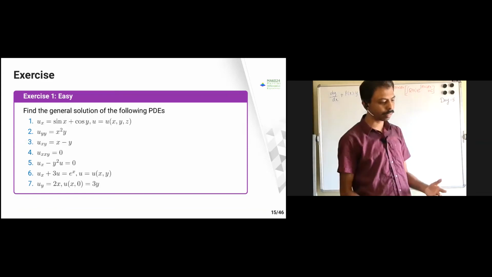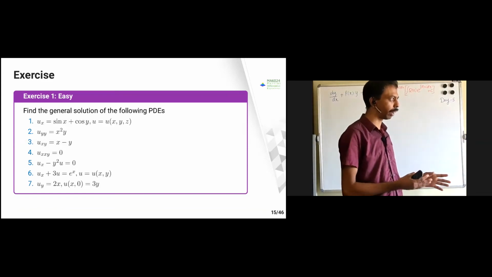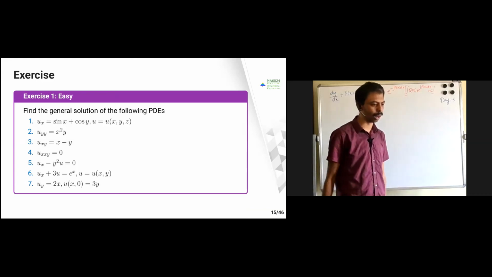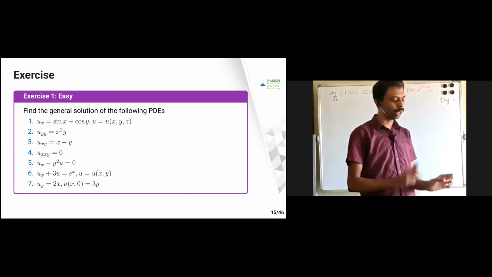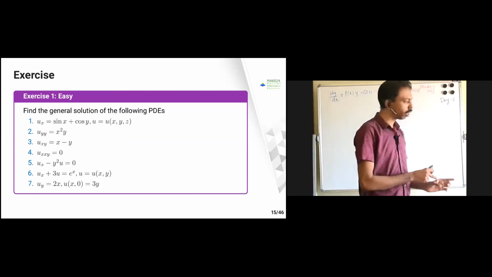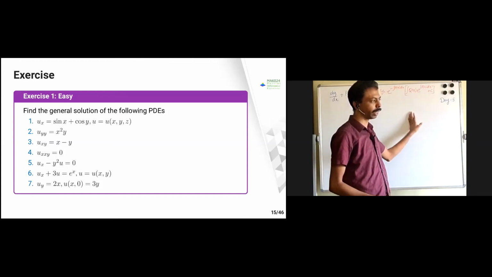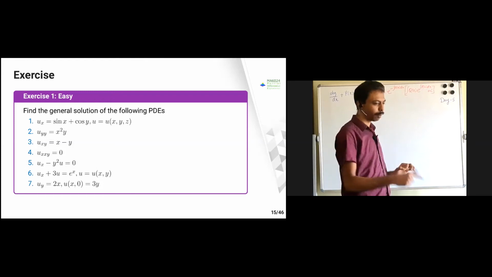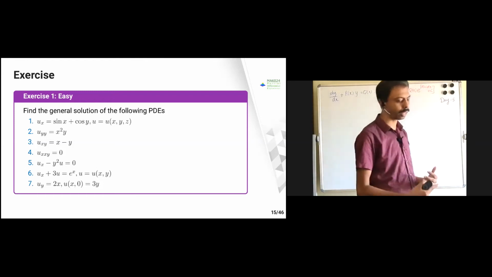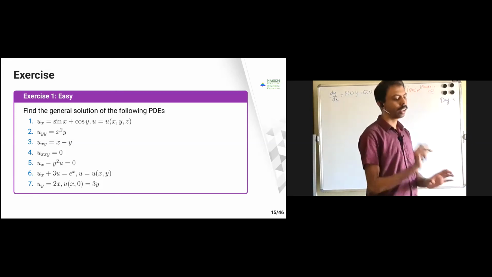In the assignment, probably question number 3, I will be giving some initial conditions also. If I give the initial condition, what do you need to do? You will eliminate this constant, right? Suppose y of 0 equal to some value, if I give, then for the ODE you will eliminate the constant c. Same way here, if I give the initial condition like u_x comma 0 equal to 3y, or some boundary condition, let's say, then what you need to do?